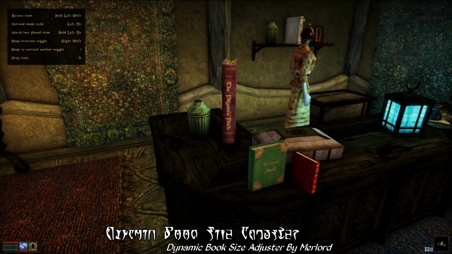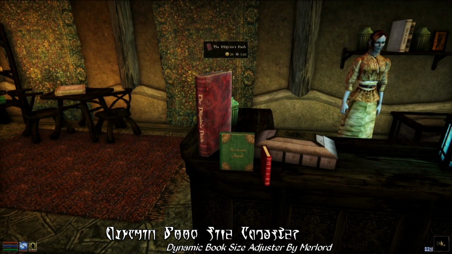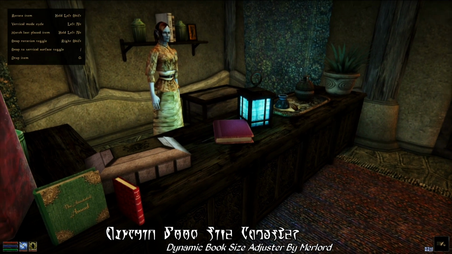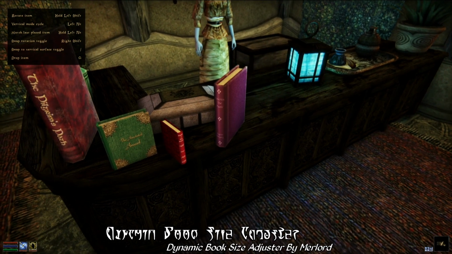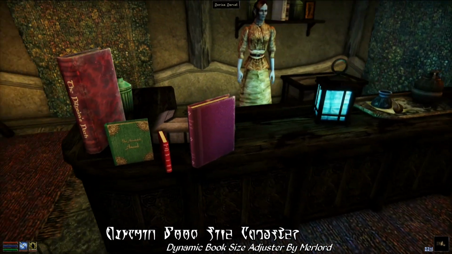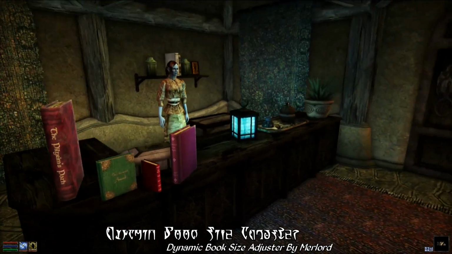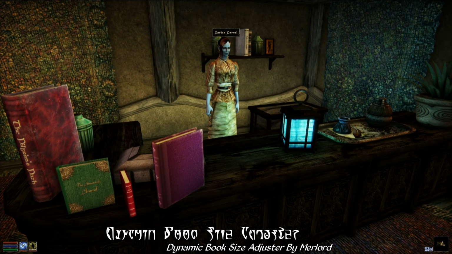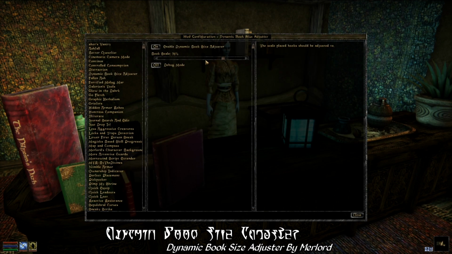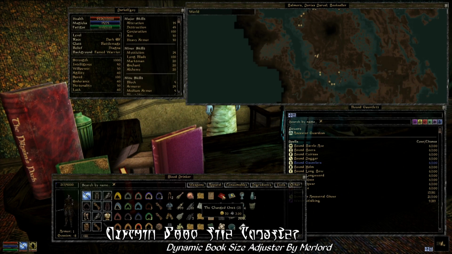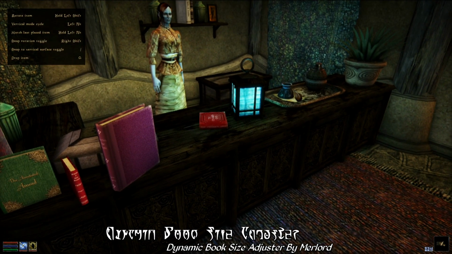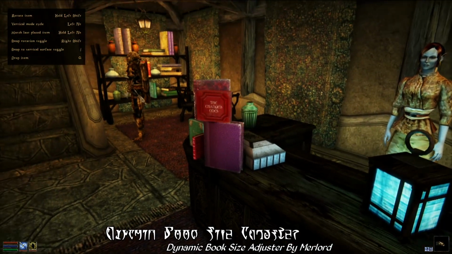And this just seems like a gross oversight. A gross oversight and a criminal injustice of verticality. That's what this is, a criminal injustice of verticality. This is an outrage, an absolute outrage. But if you're a fan of destroying the verticality of the game and making everything worse by making it smaller, then by all means, use Dynamic Book Size Adjuster. But I demand an option for bigger books. Moorlord, get to it. But anyway, again, that's what this mod does, if you're into that sort of thing.